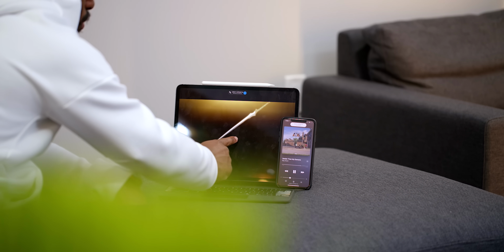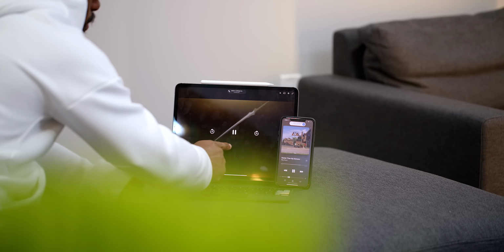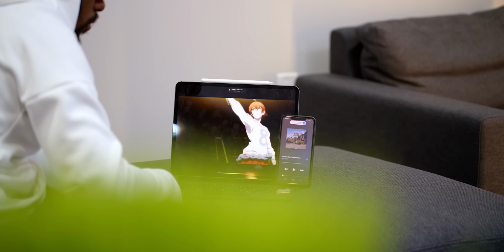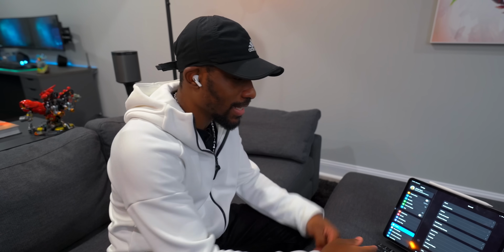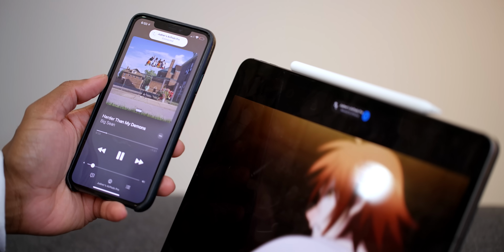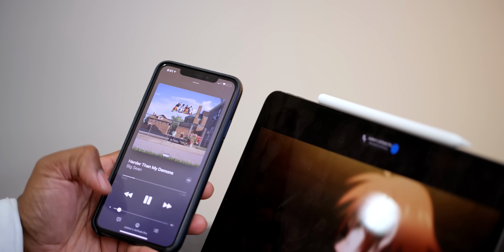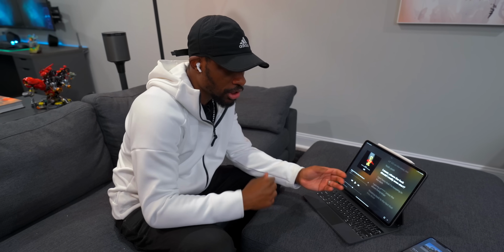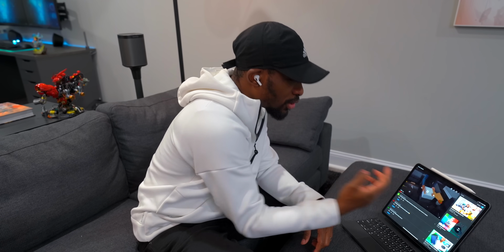Before, you would have to at least go into the settings and just tap the device to get it connected. Apple's made their audio devices with their chip really easy to sync between multiple ones, but now you don't even really have to do anything. You just press play and you'll see it automatically connect up top. So that is awesome. But it does need iOS 14 and the latest version of iPadOS, and it'll also be coming to Mac products once Big Sur is released. So if I'm watching a YouTube video and then Carl calls me,